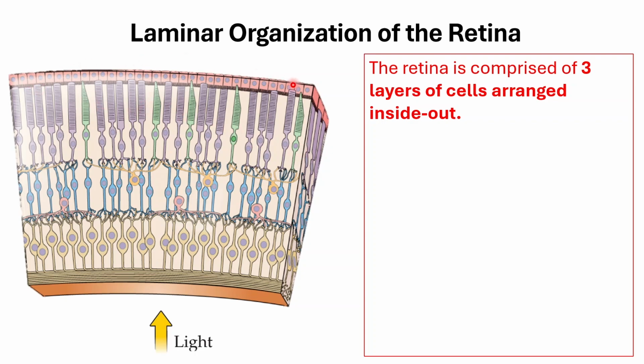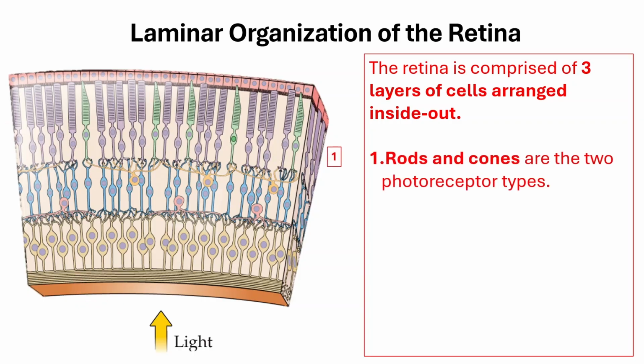So this would be the back of the eye here. This would be the surface that's facing to the inside of the eye. And light is coming through here, okay? So there are three basic layers of cells that are arranged inside the retina, and believe it or not, they're arranged inside out. So light actually has to pass all the way through all these surfaces, and the rods and